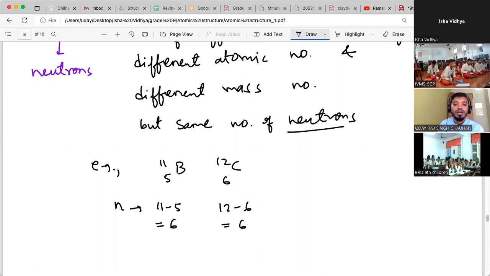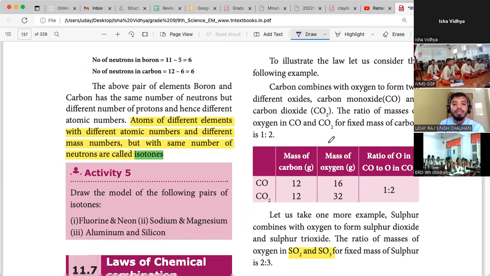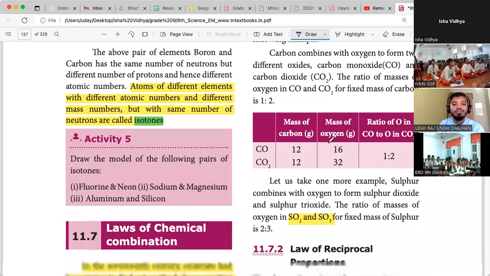And isotones are atoms of different elements, different atomic number, different mass number, but the same number of neutrons. So three very important terms all of you should know, along with some examples, and you should be able to identify if two atoms are given, whether they are isotopes, isobars, or isotones. Right? So fine, we move on to